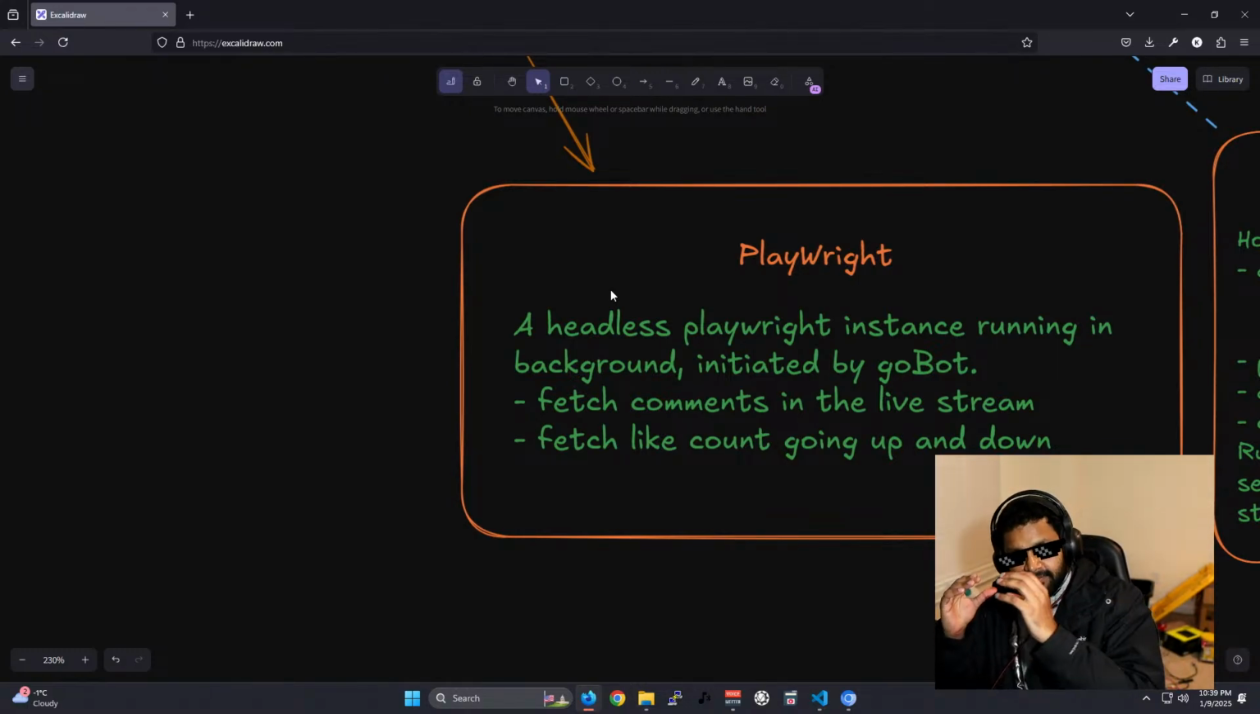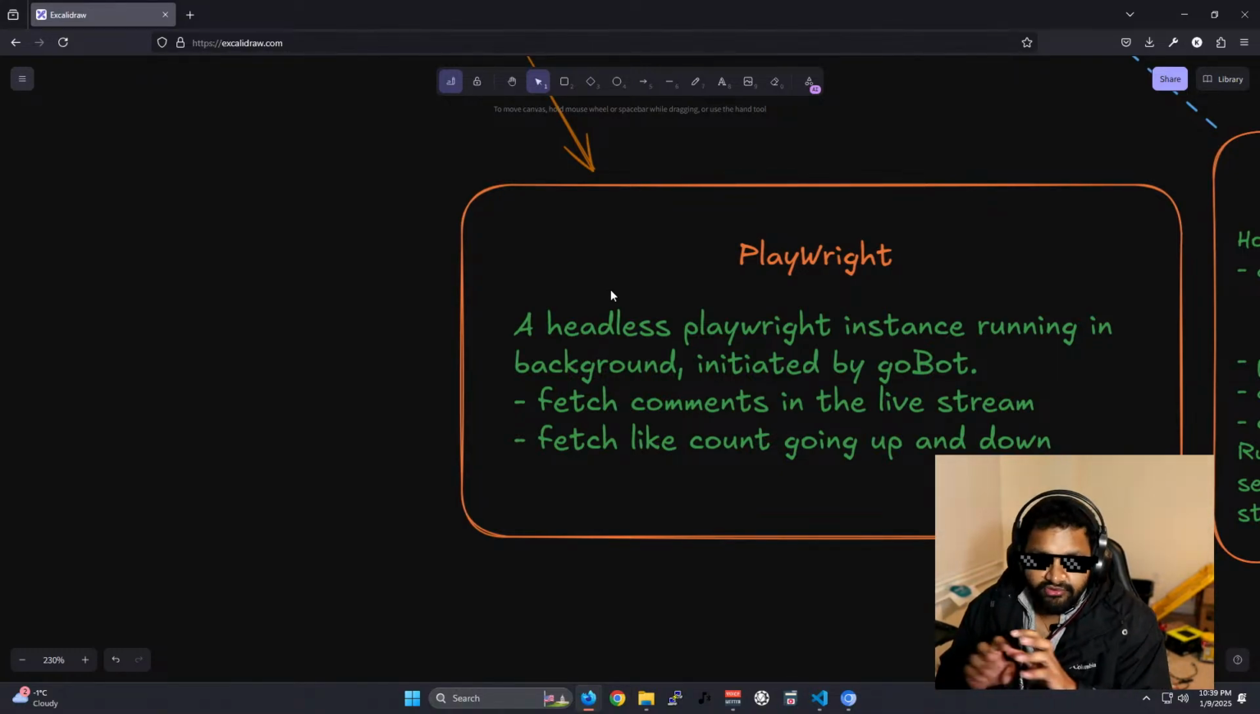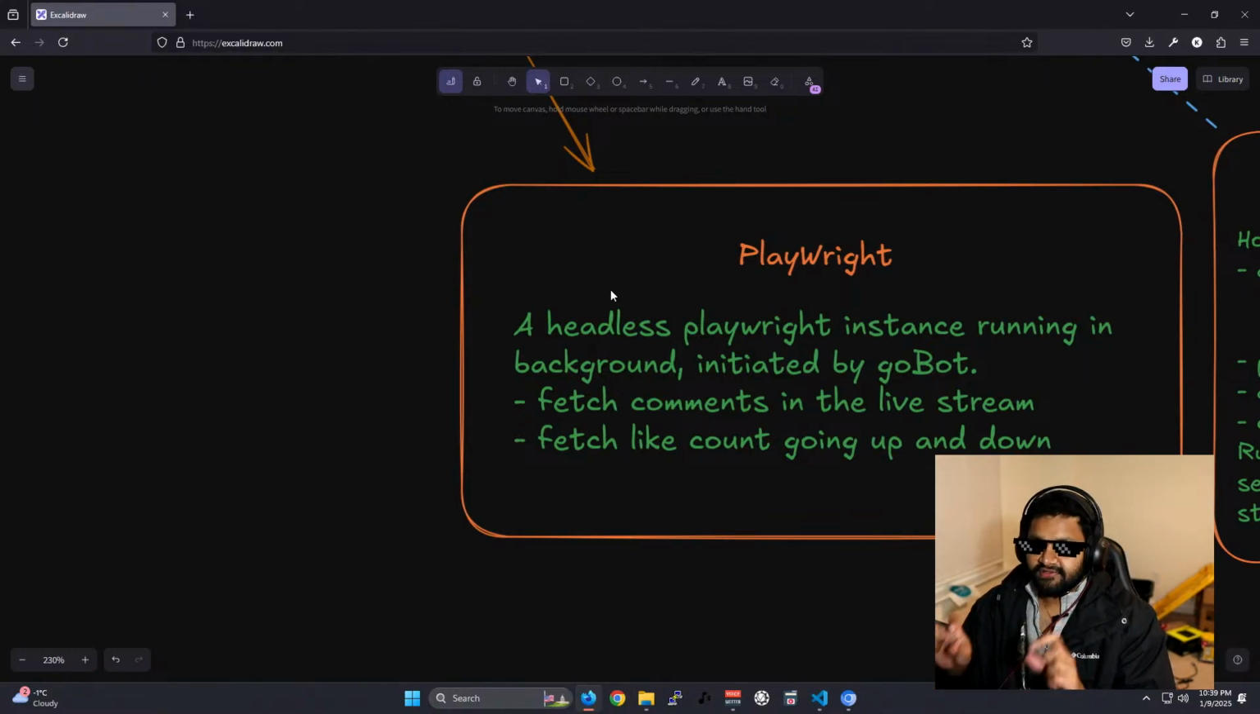What happens is this Playwright instance fetches all the API responses which are happening in the browser. It's not web scraping. I know that sounds the same, but it's not. It's just monitoring what's happening in my Chrome. It won't change anything. It just fetches the API requests which come to the Chrome, which contain the comments or